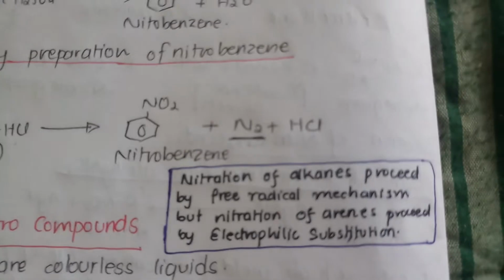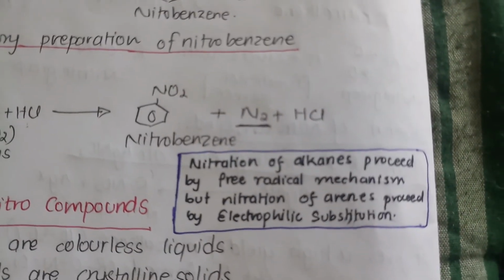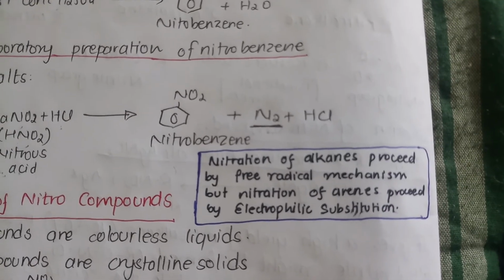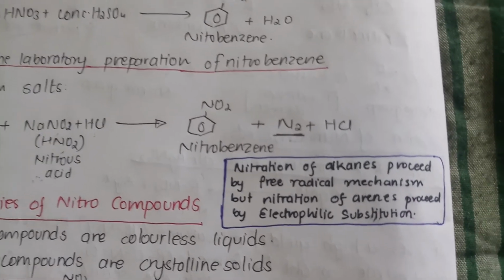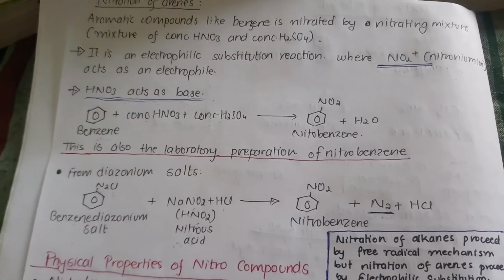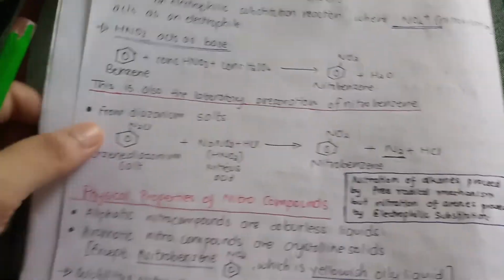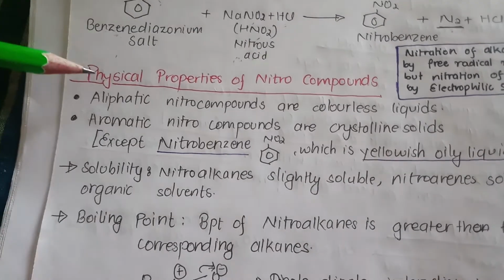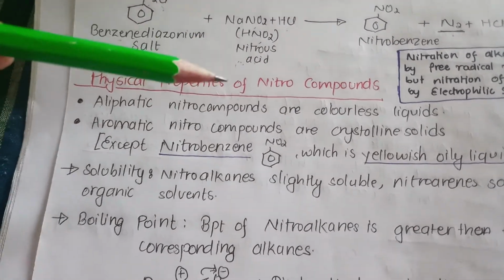Here is a small note I have written: nitration of alkanes proceeds by free radical mechanism, but nitration of arenes proceeds by electrophilic substitution. This is a very important point that we have to consider. Now let's move on to some of the physical properties of nitro compounds. Aliphatic nitro compounds are colorless liquids like